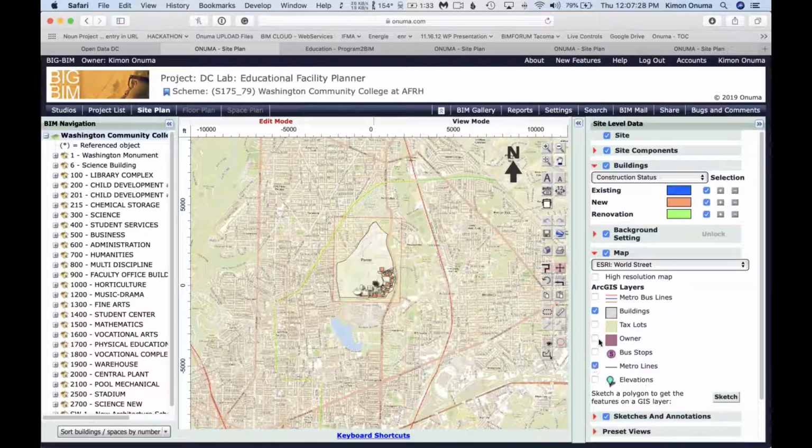So if they get updates there, and the same thing with the buildings and the properties, the property lines, the tax lots. So we use that information to start building these scenarios on top of the government data, the GIS data that we use for the class. So we built up these scenarios of, let's start with some very simple exercises, going back to what Jim was talking about, thinking simple, but we're thinking big.